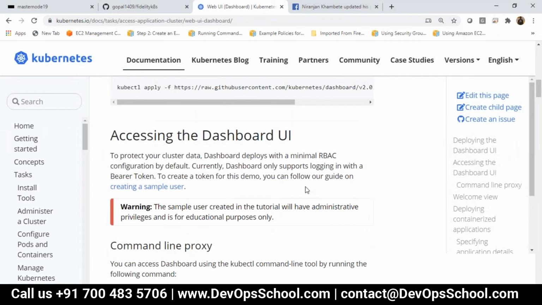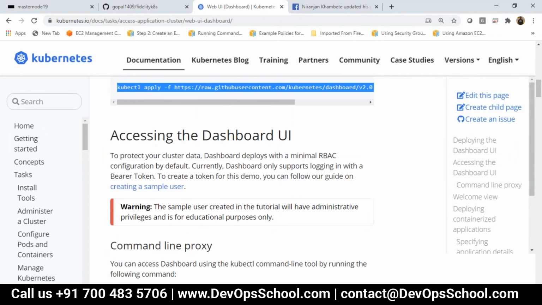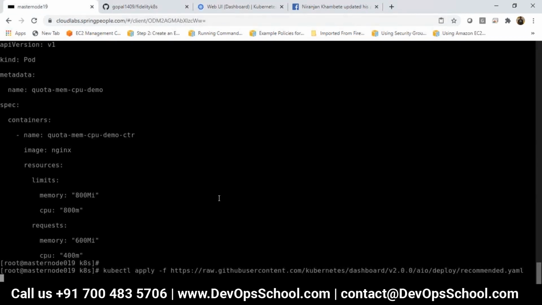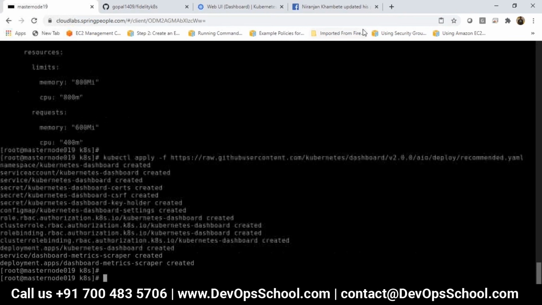To deploy the dashboard, just give this command, kubectl apply. They already have a predefined dashboard created. You can run this command, and it will deploy a dashboard on top of Kubernetes.